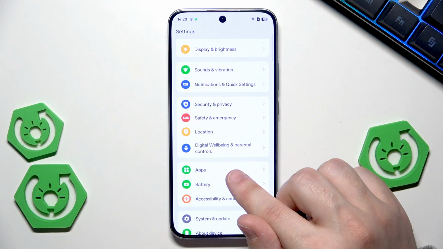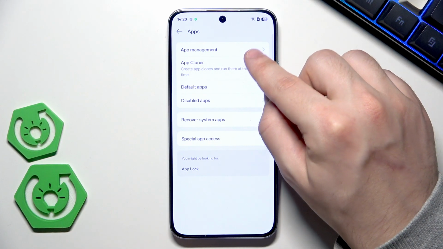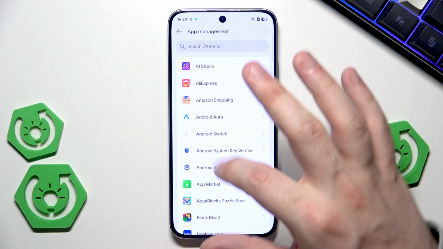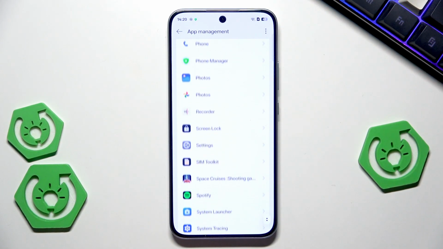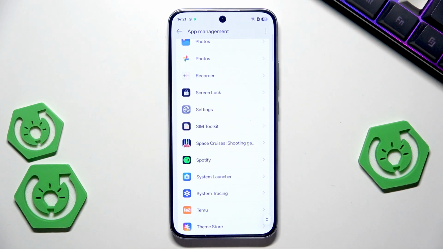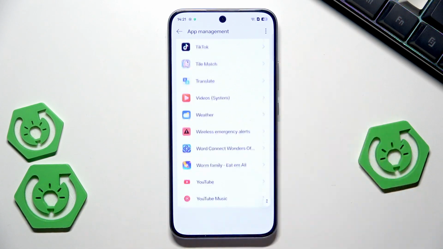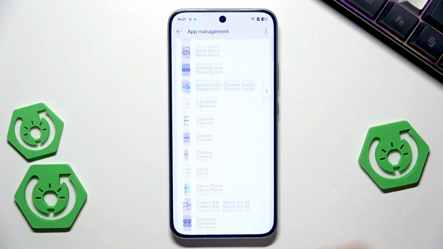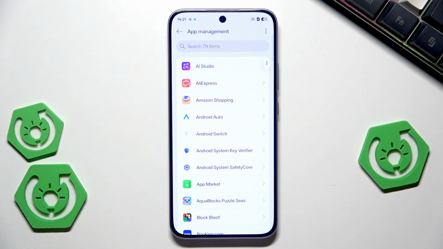Okay, let's get back and let's click on the apps. Now let's click on the app management. And in here, simply, if you have some of the apps that you are not using, simply uninstall them. But be aware that some of those apps on that list are the system apps, and uninstalling them is impossible. And don't try to force stop them, for example, because something bad may happen to your device,